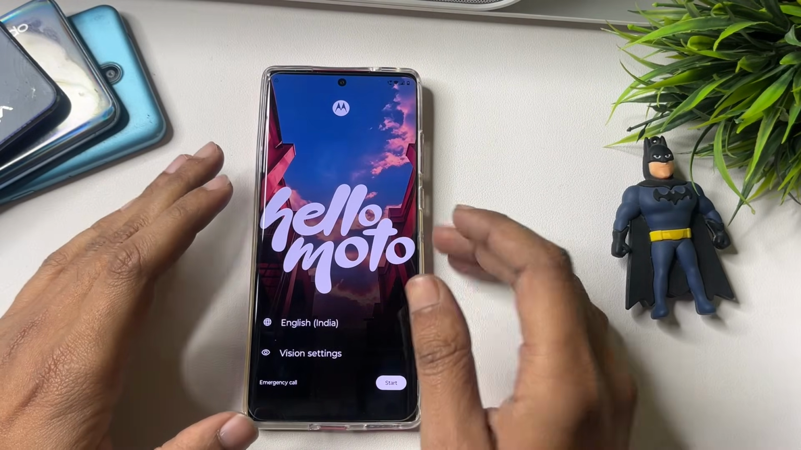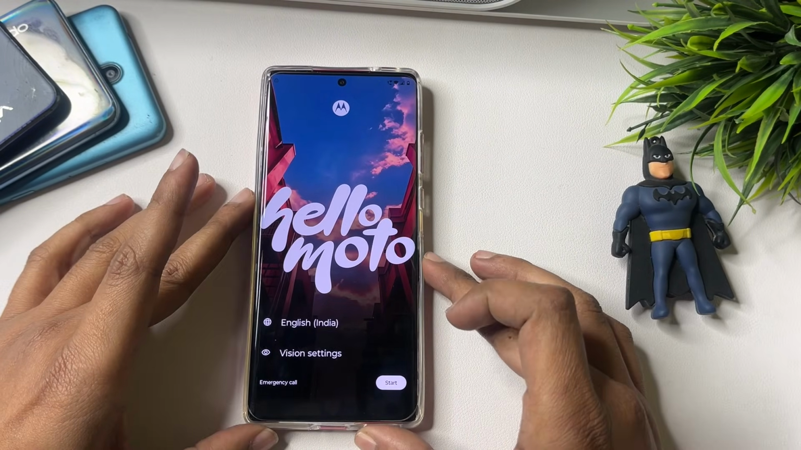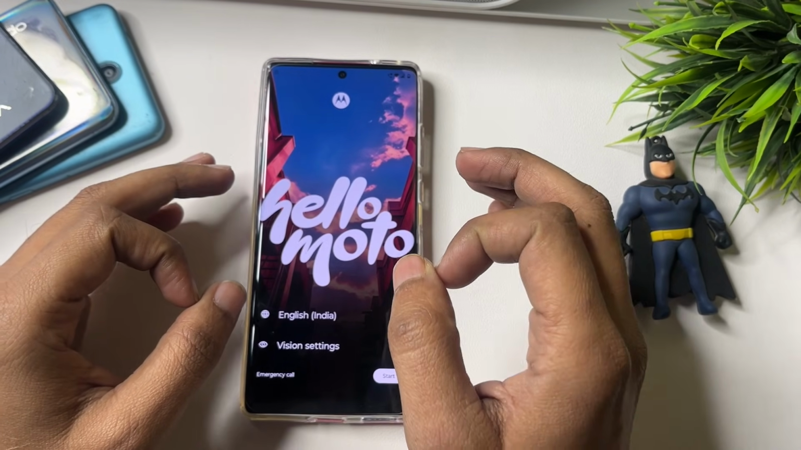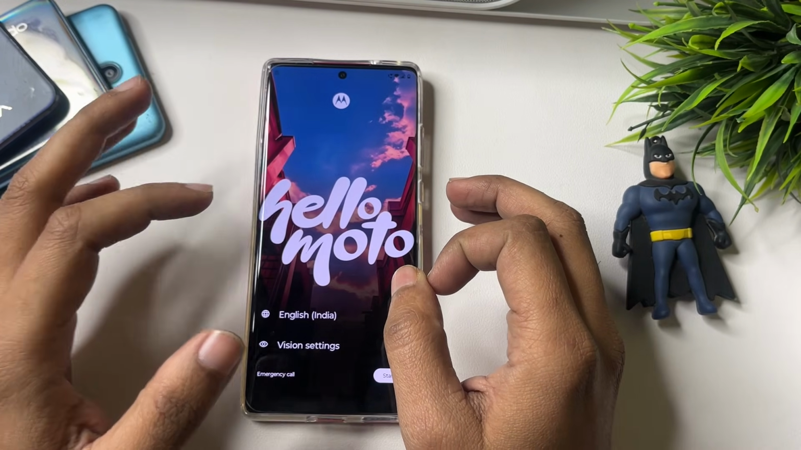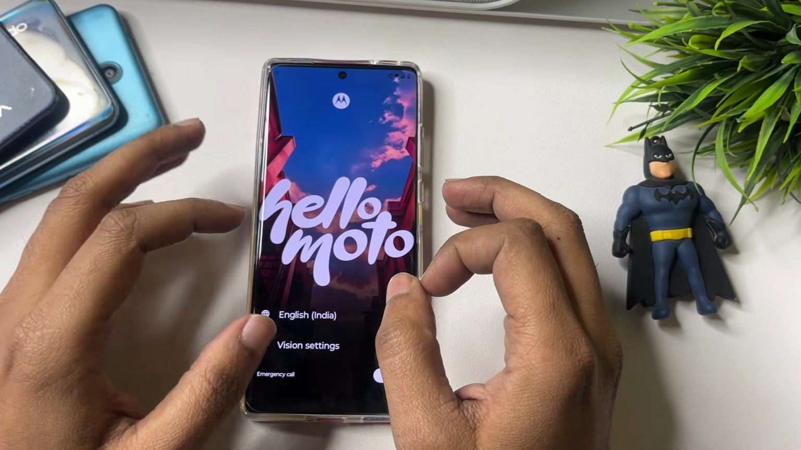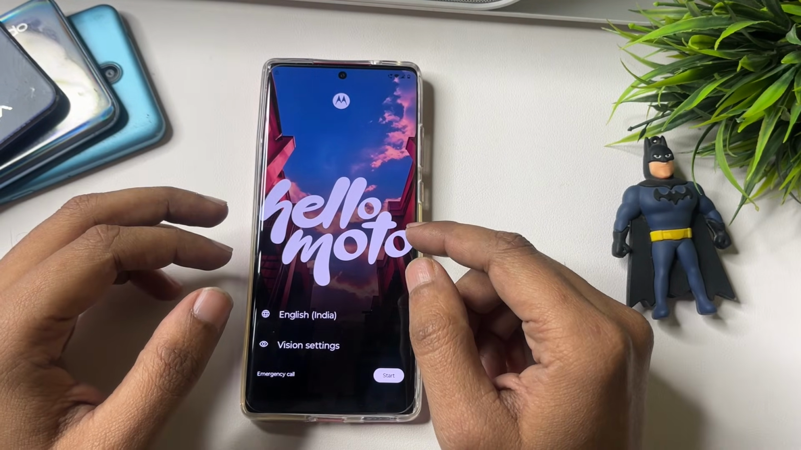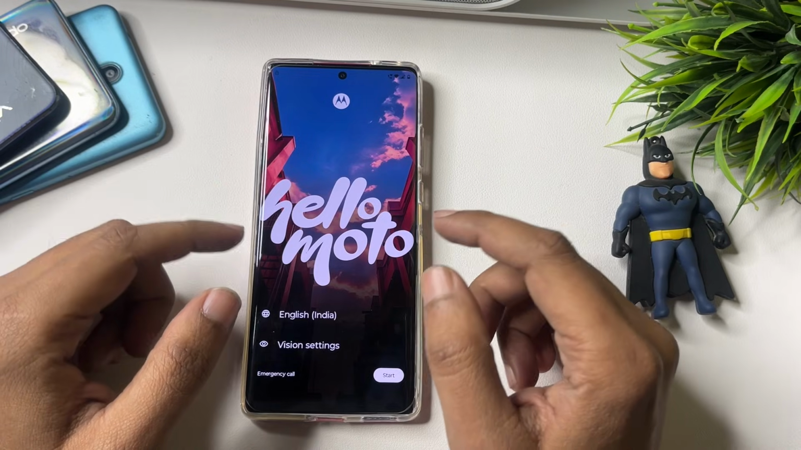Hello guys, welcome to a new video, and this video is totally dedicated to consumers who are using a Motorola Android smartphone. If your Motorola Android smartphone of any series has been locked due to a forgotten PIN, pattern, or password lock, then after a hard reset and factory data reset, when you switch on your phone, you